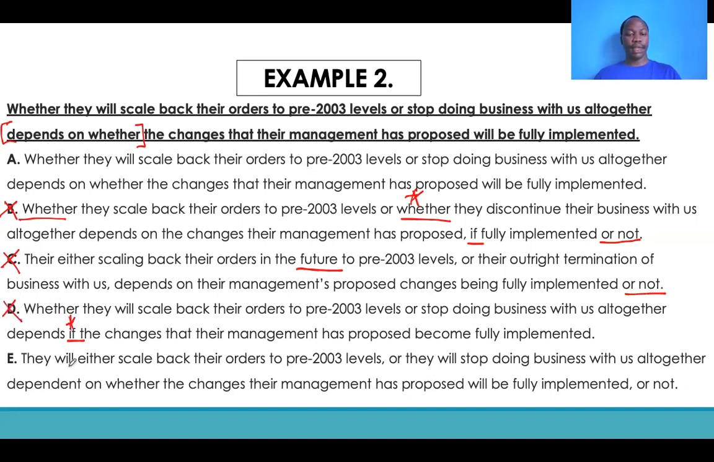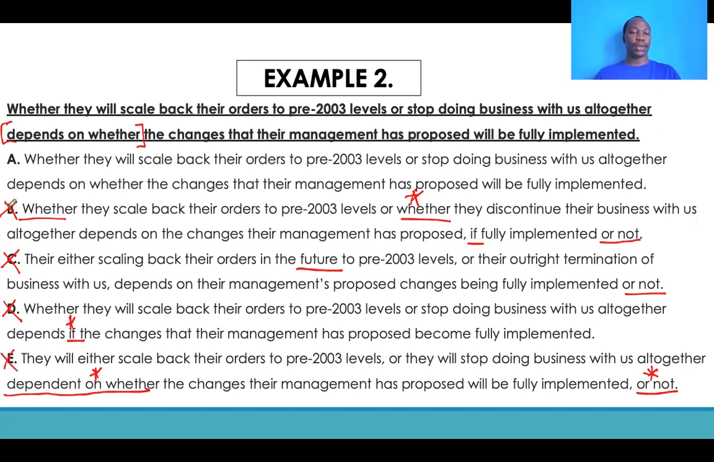E says we will either scale back their orders to 2 or 3 levels, or they will continue doing business with us altogether, dependent on whether the changes their management has proposed will be fully implemented or not. Already you can tell the use of or not is redundant, incorrect. Alright, again, you don't say dependent on whether, it is depend on whether. So this again is wrong, alright? So for those 2 reasons, our answer choice E